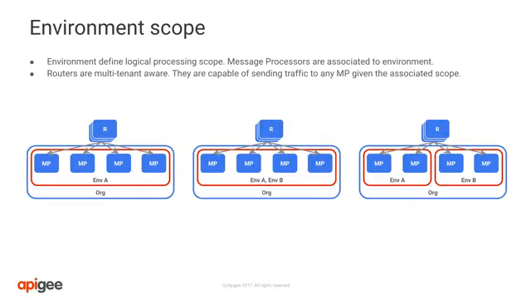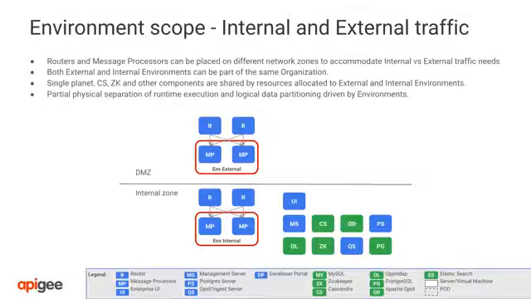If required, it is possible to allocate dedicated processing capacity to specific environments. In the third example, we illustrate dedicated processing capacity being allocated to environment A and B. You can associate and disassociate message processors with environments at any time using the Management API. The association between message processors and environments can be useful in scenarios where physical separation of internal and external API traffic is required due to network zoning requirements. If required, routers and message processors can be placed in different network zones. Environments can be used to separate API deployments and traffic.